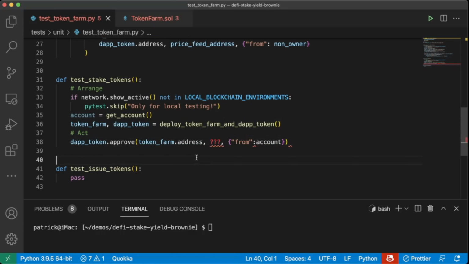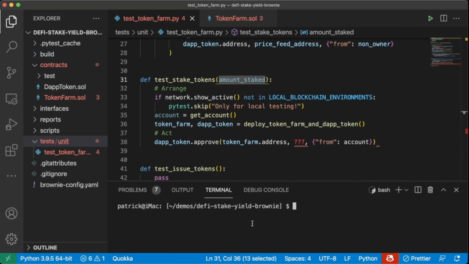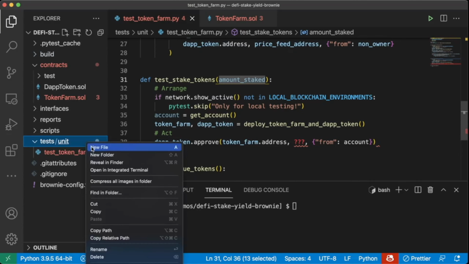So what we're going to do is actually turn that into a fixture. We're going to call it amount_staked, and we're going to define this in our conftest folder. So we're going to make our conftest file. In here, we're going to do new file,